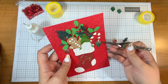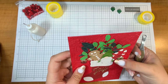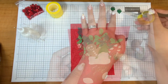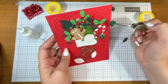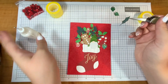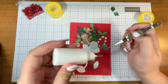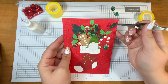I kind of wanted this one hanging off with a candy cane just because it's kind of fun to have white and red and green all mixed together there. I had 2 more of these green ornaments. I wasn't sure if I was going to use them. I think I'm going to stick with 3 ornaments for now. Now I have one last little guy here that I'm going to stick on. It's pretty little. I think I'll just pretend like it's part of the other holly little bundle here just to